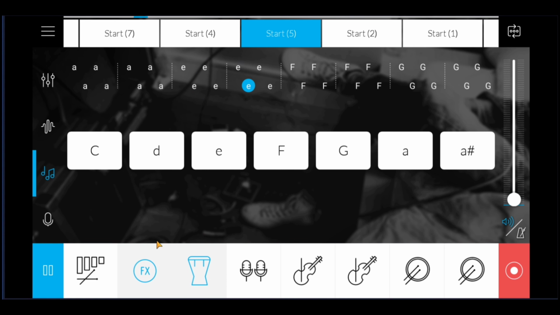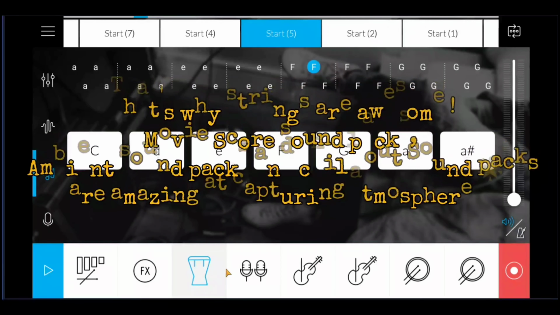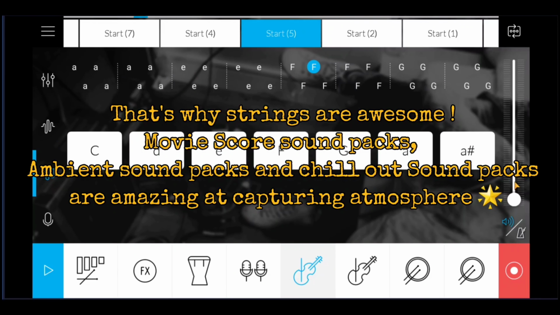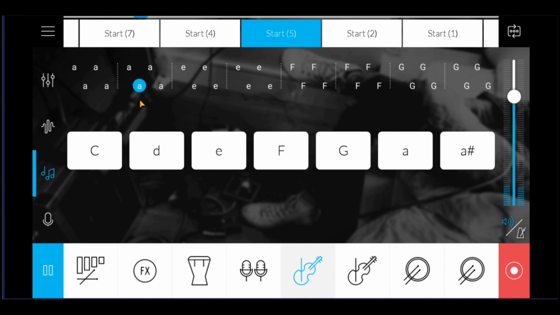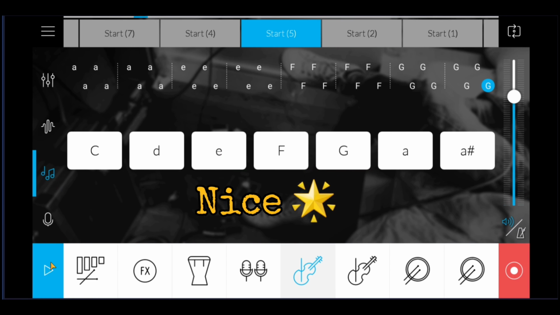Okay, so that's the AEFG. You hear how it sounds so natural and not forced at all? Just listen to a random string melody. It's very effective, guys. That sounds so natural. Now compared to something completely different, let's try F,